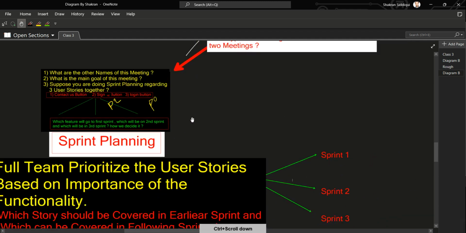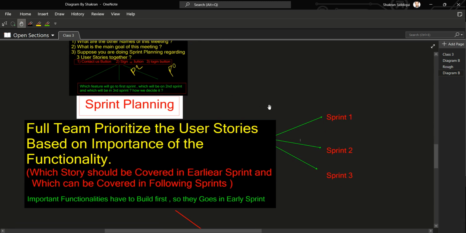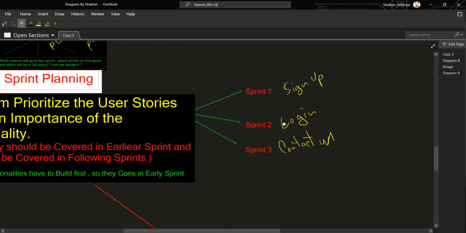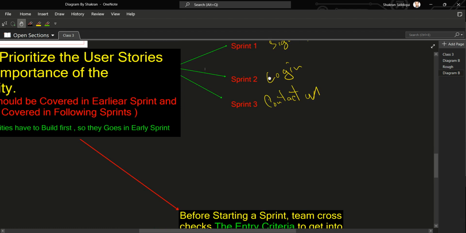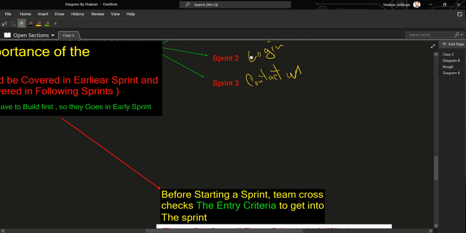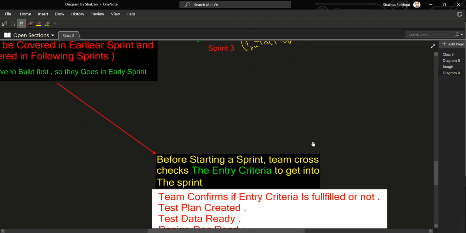So, according to my knowledge here, and I hope it will be your response as well, for the first sprint we will put sign up. For the second sprint, we will put login. And for the third sprint, we will put contact us. This is just a mere example, okay? Now, as we have decided which one to create in the first, second, and third sprint,